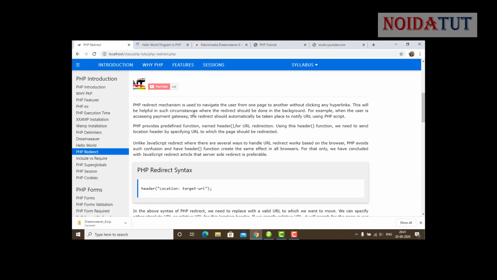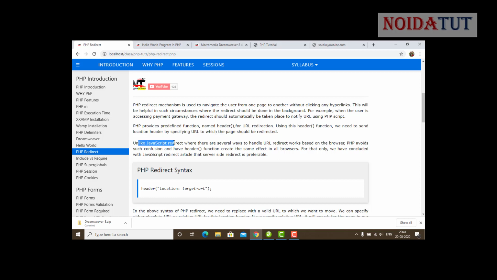PHP provides a predefined function named header for URL redirection. Using the header function, we need to send the location header by specifying the URL to which the page should be redirected.